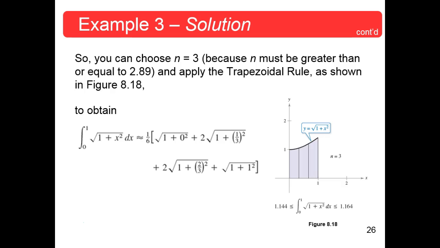That's 1 plus 2 times the square root of 1 plus 1/9, 1 and a 9th, plus 2 times the square root of 1 and 4/9, plus the square root of 2. If you do that and take 1/6 of that answer, they claim that you get